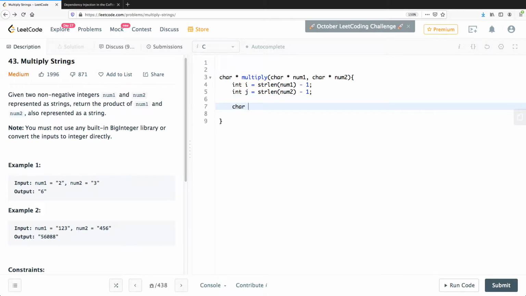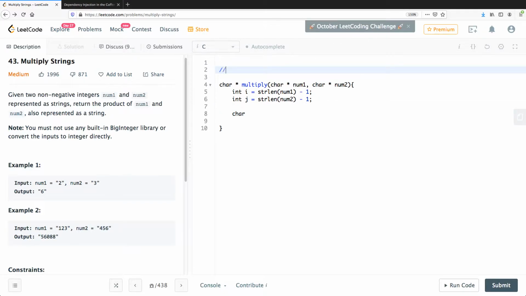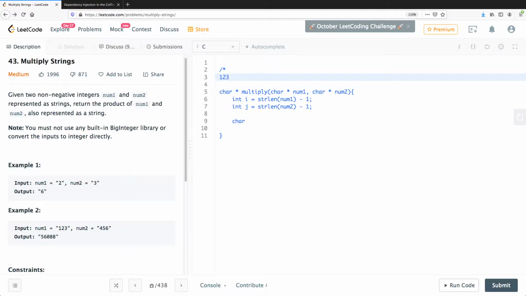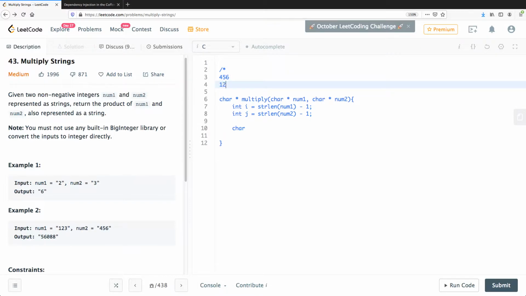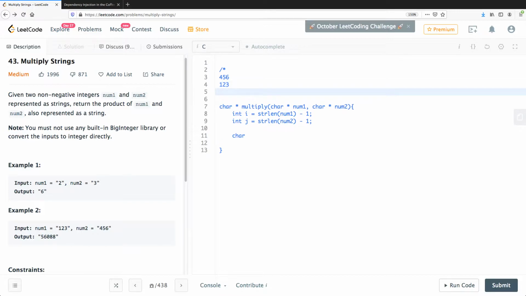Now what do we need? In this case, it's not just addition of two strings, it's actually multiply. Let's do a multiply of 123 and 456. Let us say you're multiplying 456 by 123. What do you get? Basically, if you remember your math from elementary school, you would have what is known as